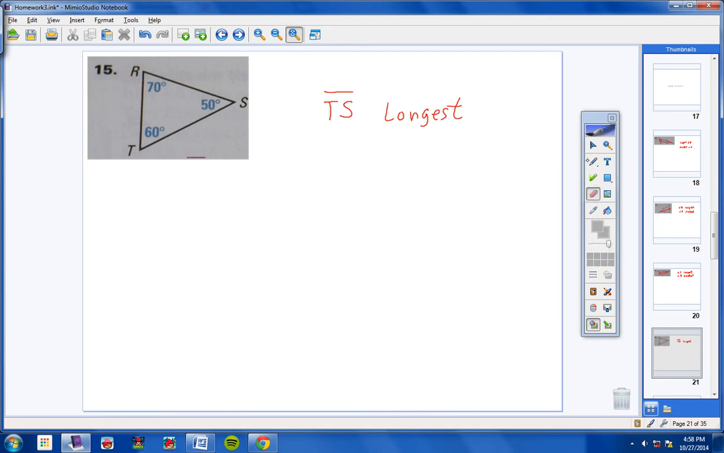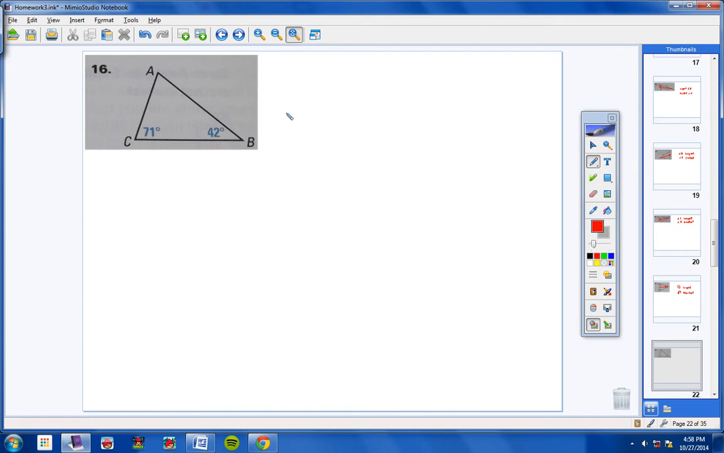Now, let's find the smallest angle up here, 50. Go straight across, and this side here, RT, is the shortest side. So side RT is the shortest because it's across from the smallest angle. Pretty easy, okay? Number 16. Alright, now,